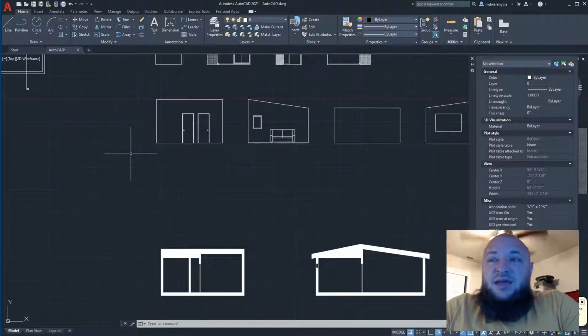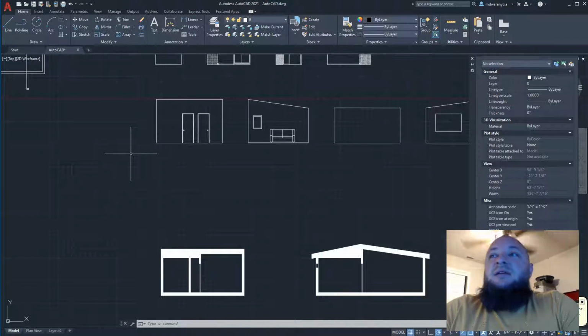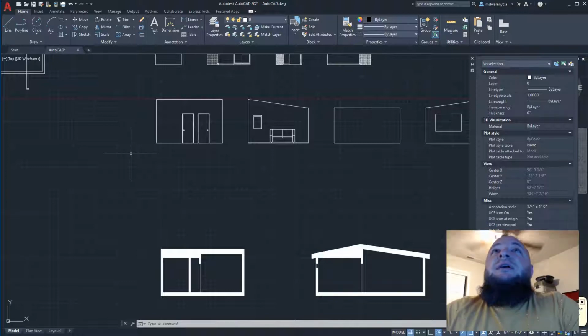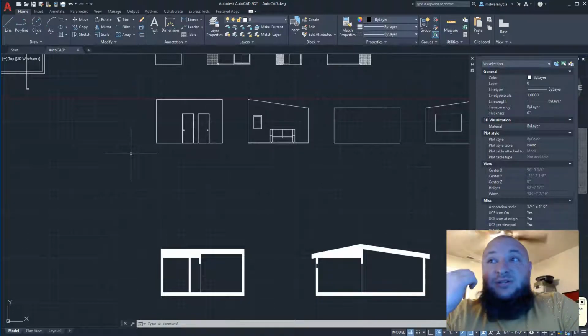Some people have said they have flat roofs. Totally fine with that. If your roof is flat, it's technically never flat. It's going to be sloped a little bit so water runs off. But for all intents and purposes, it would be a flat roof. So anyway, what I wanted to get at is I wanted to show you guys how to draw kind of